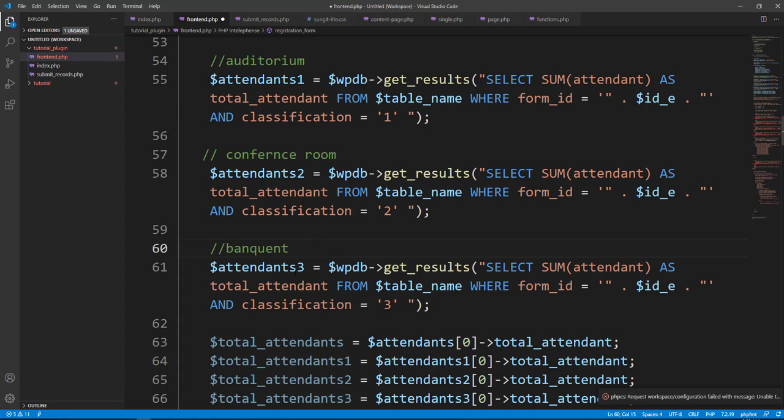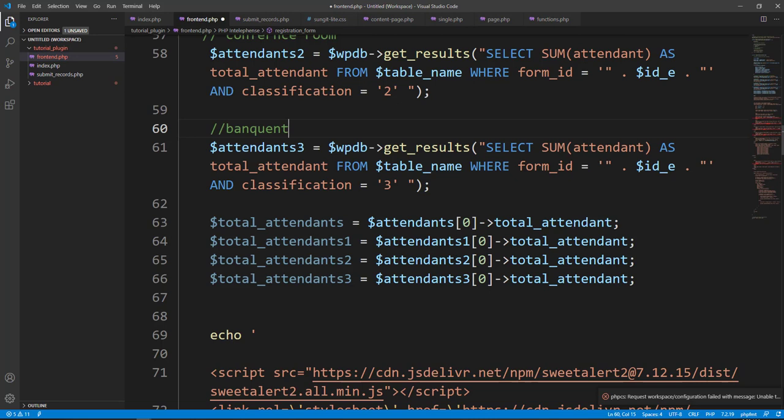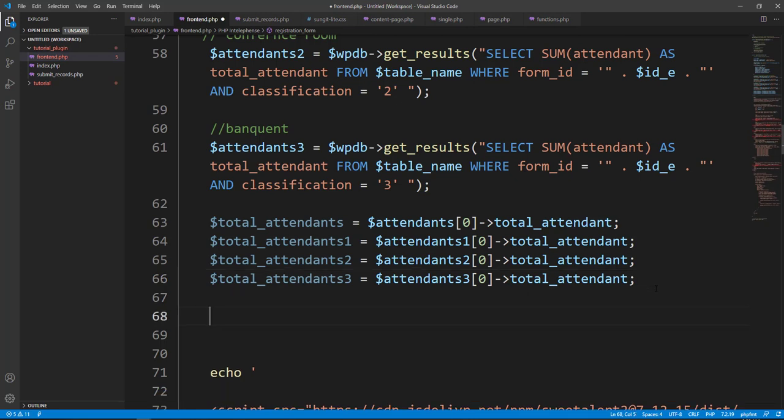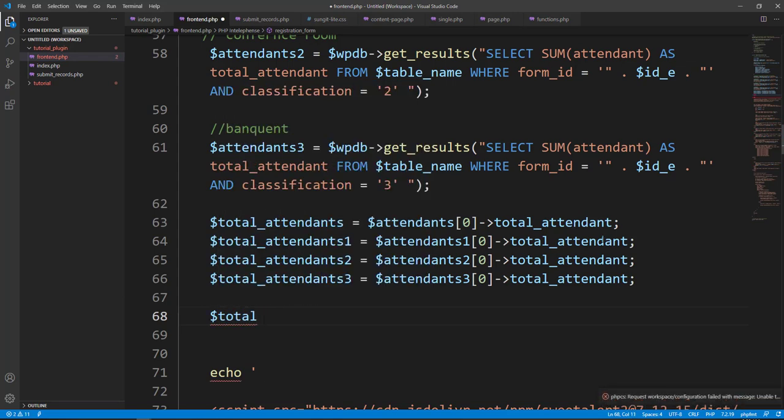So this is for 1, 2, 3. Now what we're doing here, we're just getting the record as total 1, total 2, total 3. We can always define it as banquet, which is fine. So we just need to do this, and we'll say total left in auditorium. Total left in auditorium is equal to